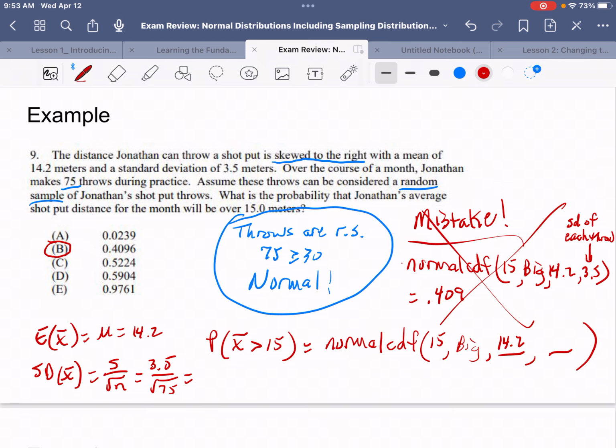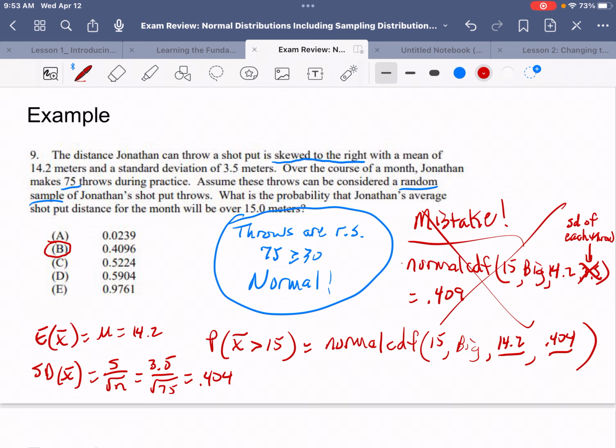So I need to calculate 3.5 divided by the square root of 75, which is 0.404. So instead of putting 3.5, the standard deviation of each individual throw, I want to put 0.404, the standard deviation